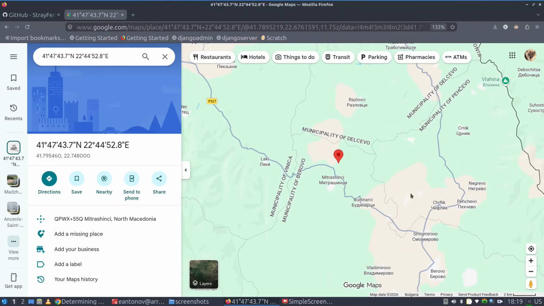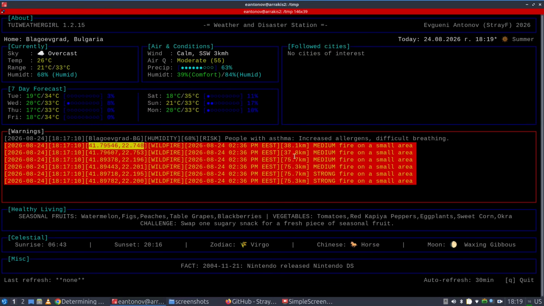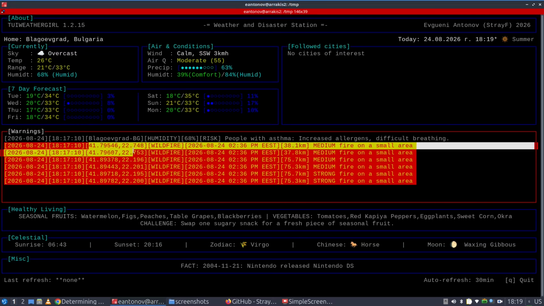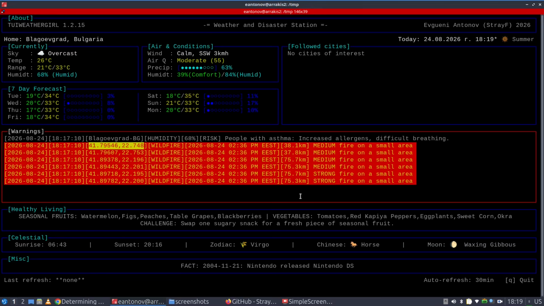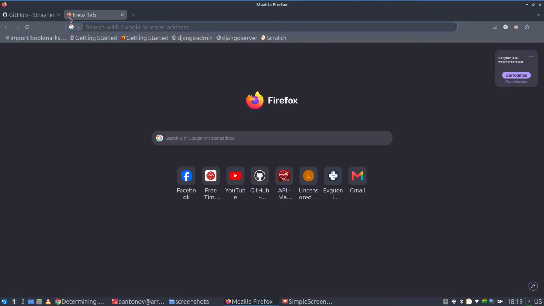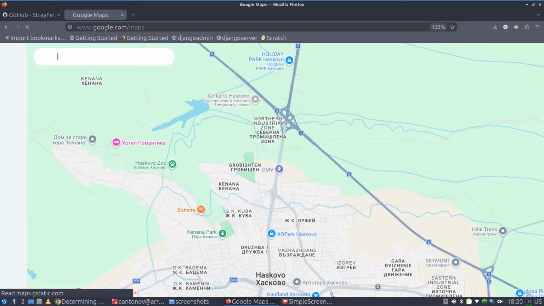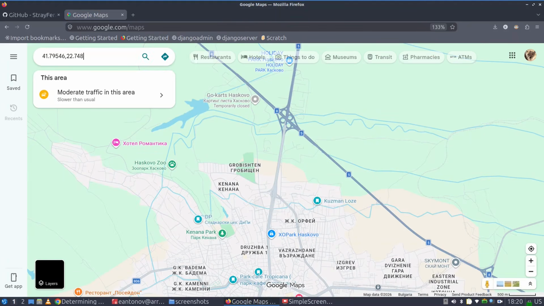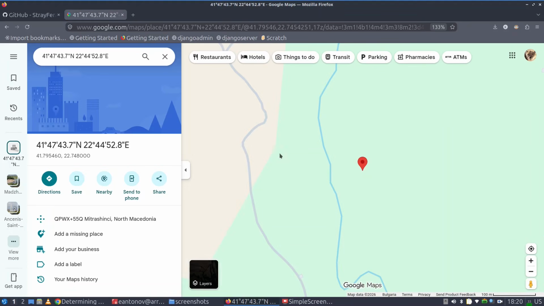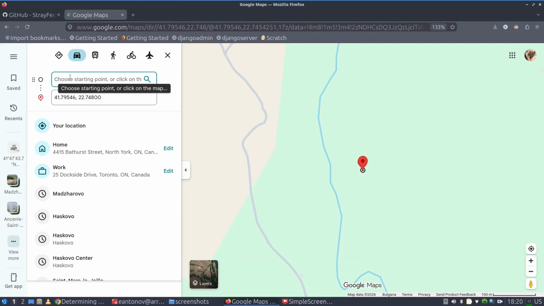Okay, so this is where the fire is, and we can see that this fire is 38.1 kilometers away. Actually, I can show you how to verify this. This is a straight line. This is not how fast you will get there with a car. So let's choose directions and let's choose